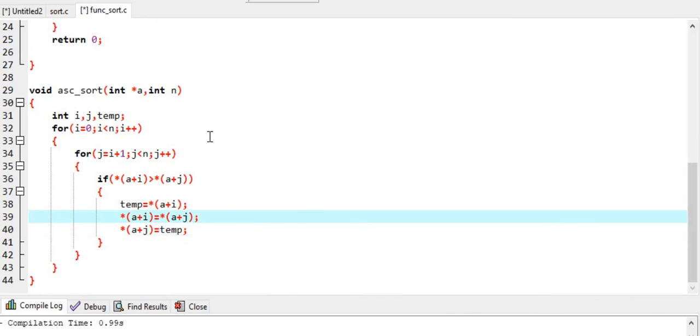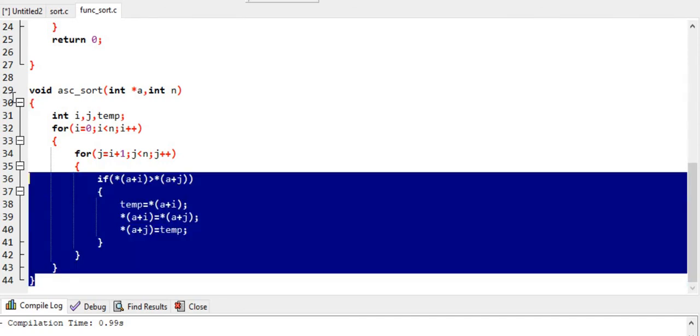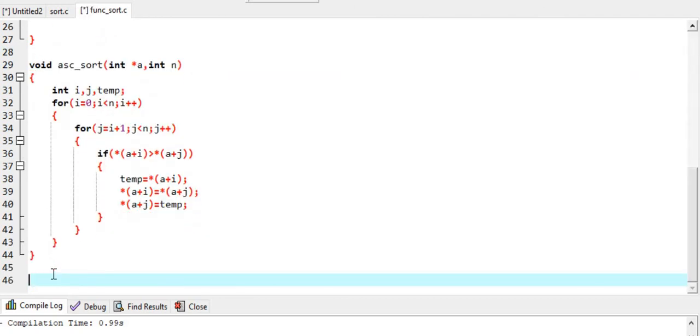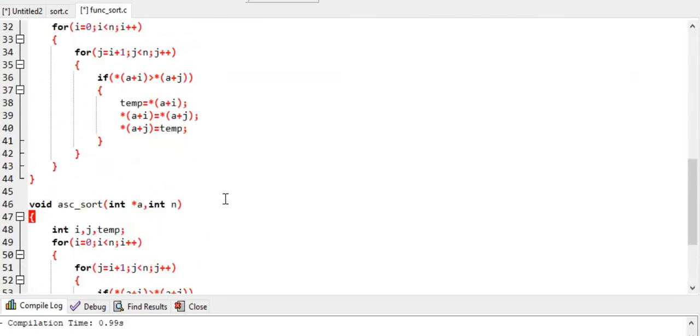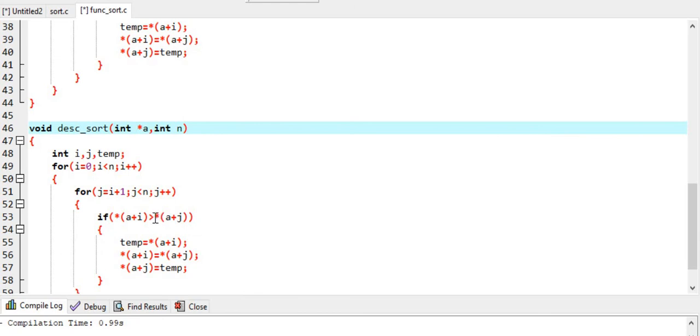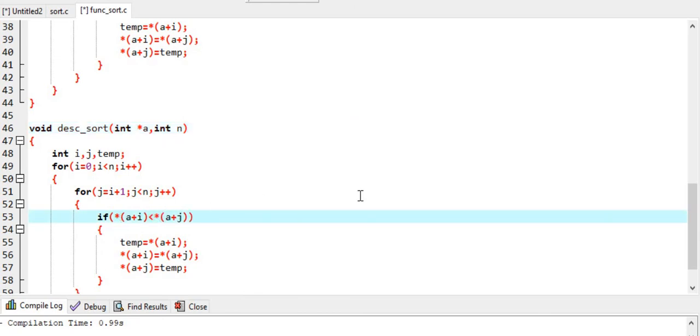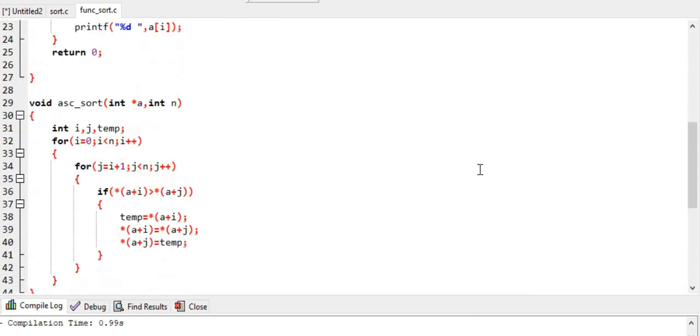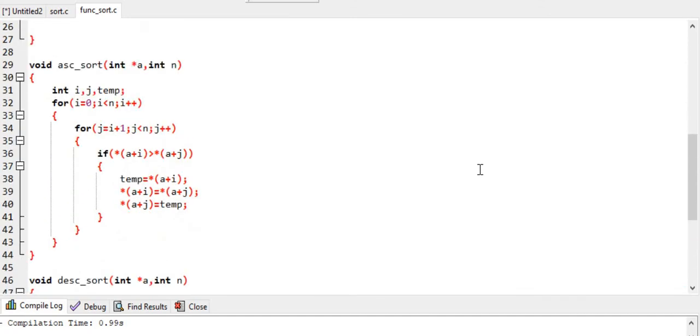So now you can see we have successfully written the logic to implement the ascending order sort. Now the same thing can be implemented for the descending order just by replacing greater than symbol with less than symbol. So in place of asc_sort I will be writing desc_sort, and we just need to replace this greater than symbol with less than. So this is the function for descending order sort. This is the function for ascending order sort,